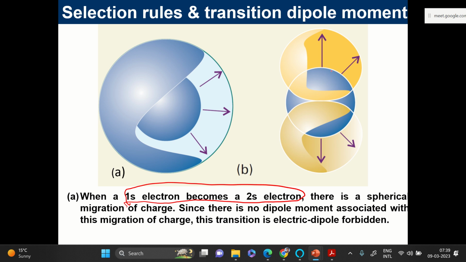Okay, सो जैसा कि यहाँ पे देख रहे हैं, so you have asymmetric migration. So these arrows that you see, these are showing the transformation of electron density, asymmetric migration of charges. So when a 1s electron becomes a 2s electron, there is a spherical migration of charge and no dipole is developed associated with that. So no dipole is developed, there is no interaction with the electric field of the light wave, so this will not happen, or we say that it is electric dipole forbidden,